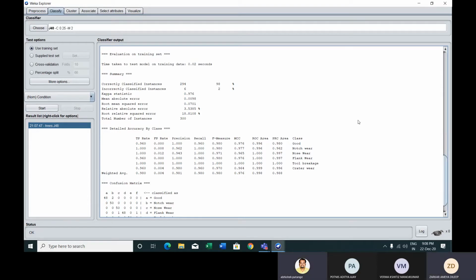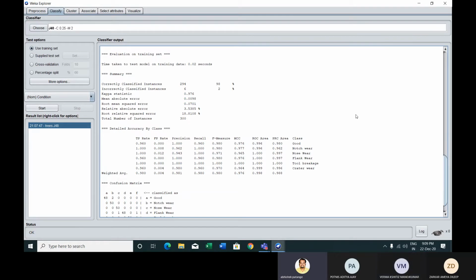No, here it is said that use training set only. So is all of the data used for training the model? Yes, all data is used for training the model.